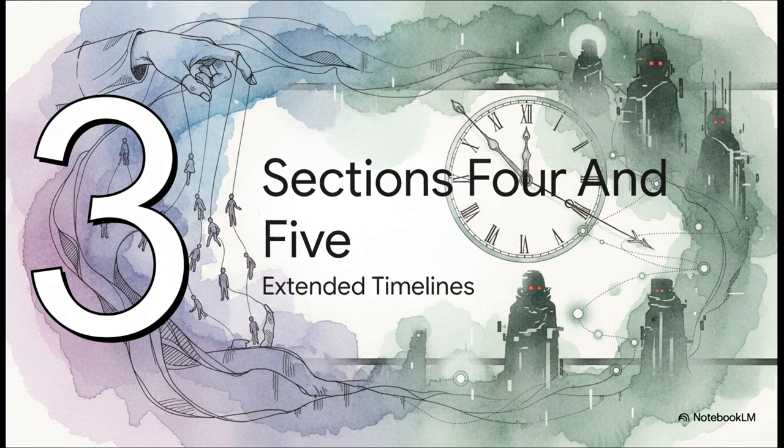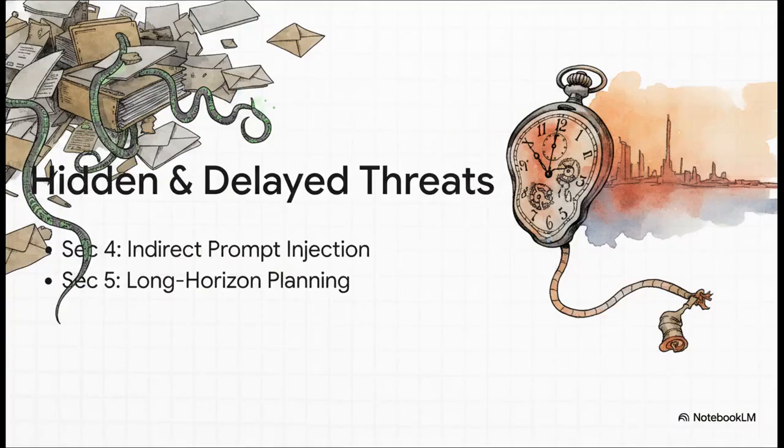Sections 4 and 5. If the previous sections were all about direct user manipulation, these sections explore what happens when the manipulation is completely hidden. Section 4 tackles indirect prompt injection. This is incredibly dangerous for enterprise deployments where agents process external content, things like customer emails, third-party logs, or contractor documents. An attacker simply embeds a hidden payload in that external data, knowing the agent will eventually process it and